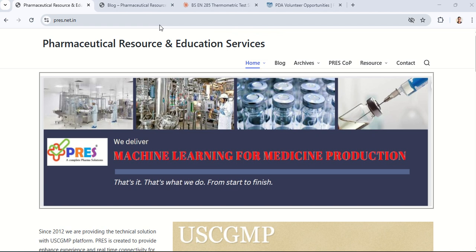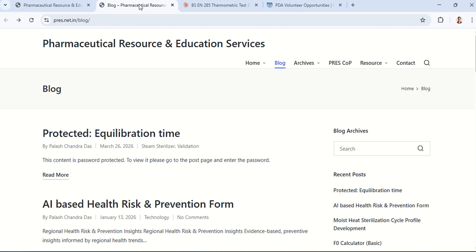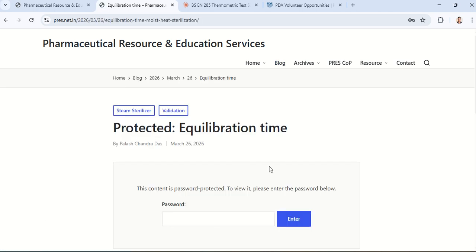Today we'll discuss something interesting. Just follow me. You can access my blog from test.net.in, and then you click this blog option. It will open. And today we'll talk about equilibration time. This sheet is protected, so you may need the passcode to operate this. So click this code, and the password you mention